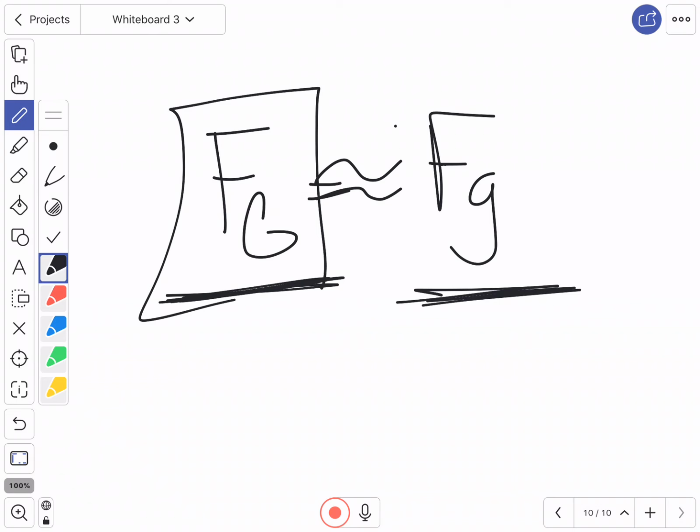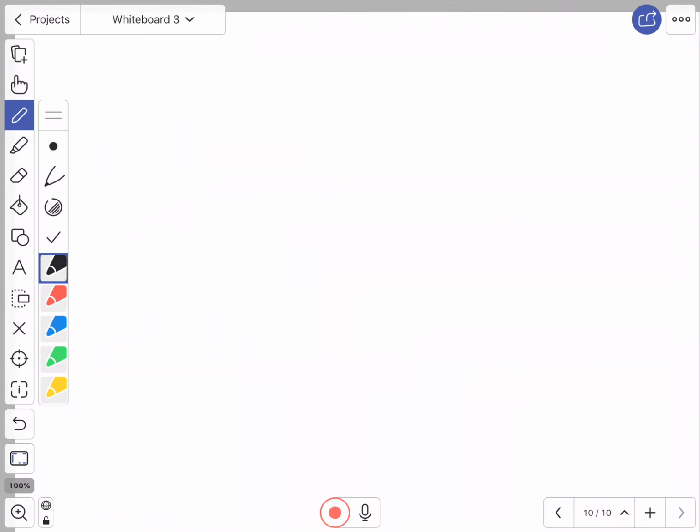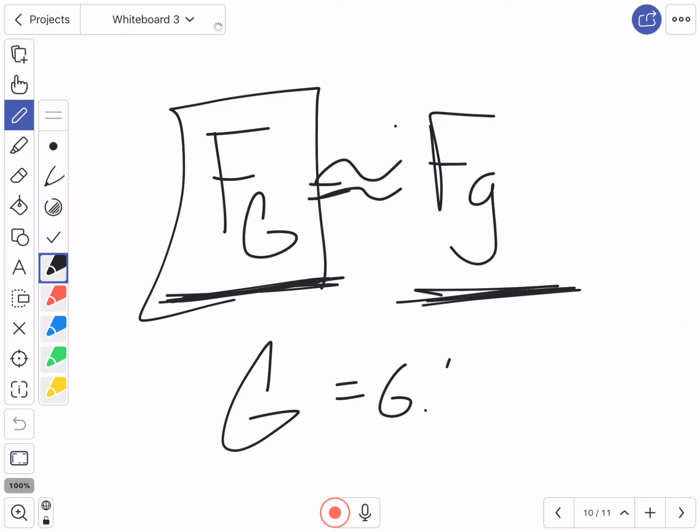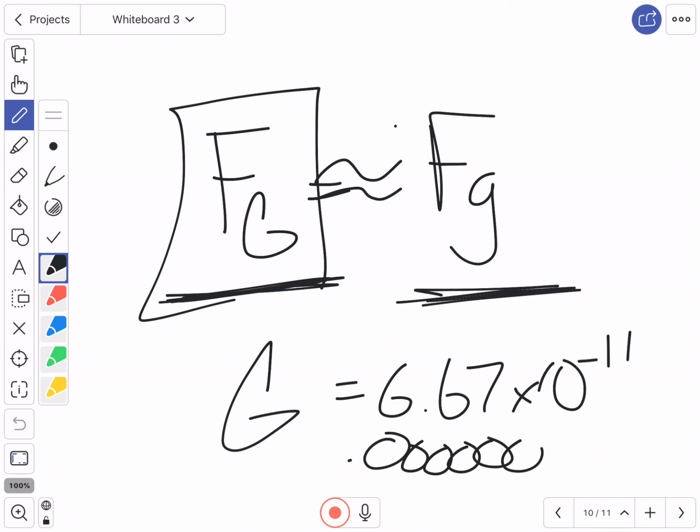You and your computer both have mass. That means there is a physical attraction between you and the computer. However, that is a very, very small force because your mass is really small and the computer's mass is really small. And this G, which is 6.67 times 10 to the negative 11, is a really, really small number. I mean, we're 1, 2, 3, 4, 5, 6, 7, 8, 9, 10, that's a really small number, okay?